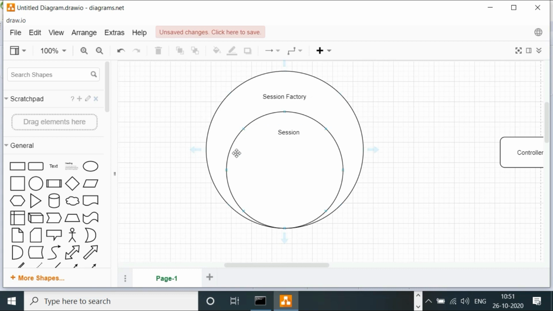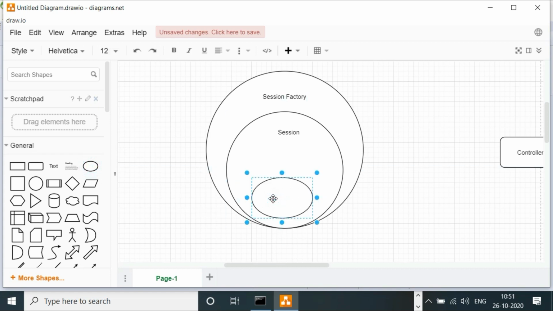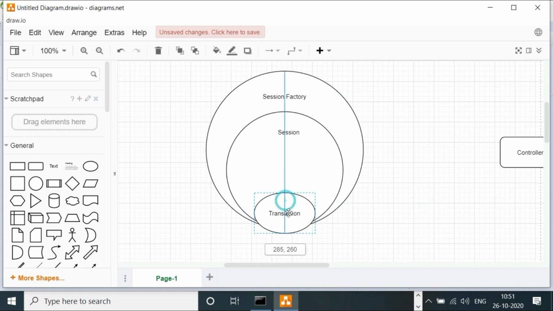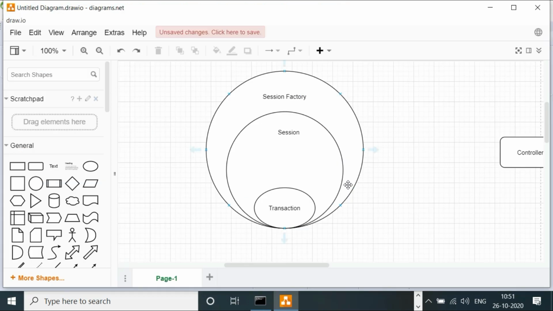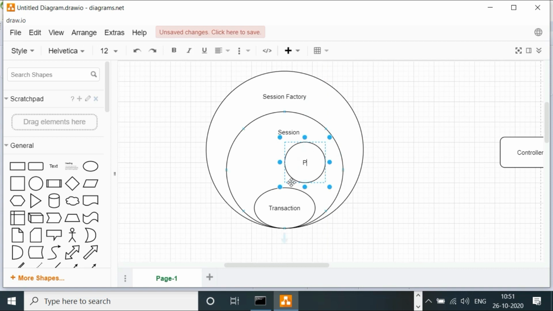So a session factory consists of a number of sessions. I can create n number of sessions in it whenever I want to, and each session consists of a transaction interface, if you remember. A very important point here is that whenever you create a session, you create a transaction, and everything goes from this transaction into the databases. Now, just a second. Whenever you have a particular session, you do have a persistence context in it, if you remember.